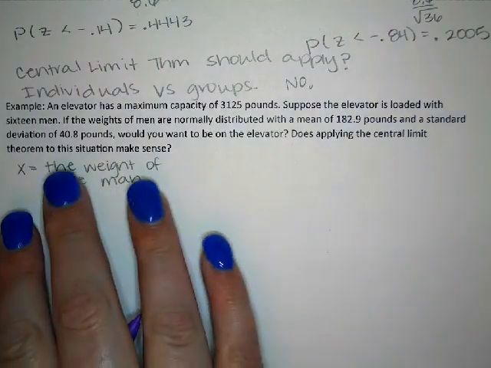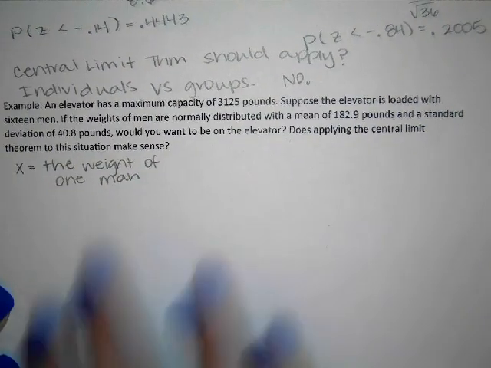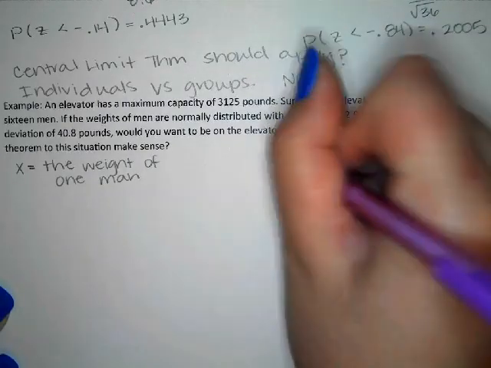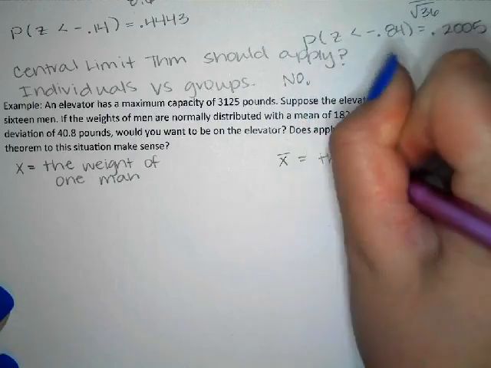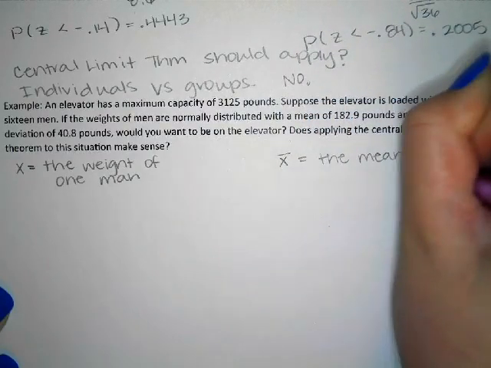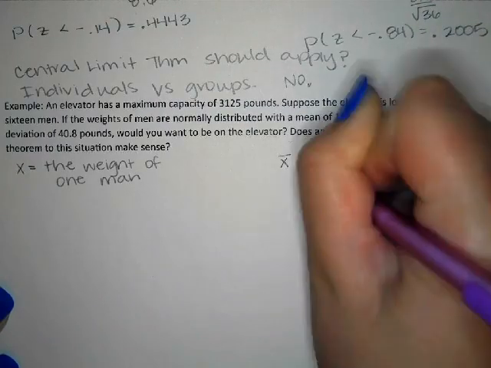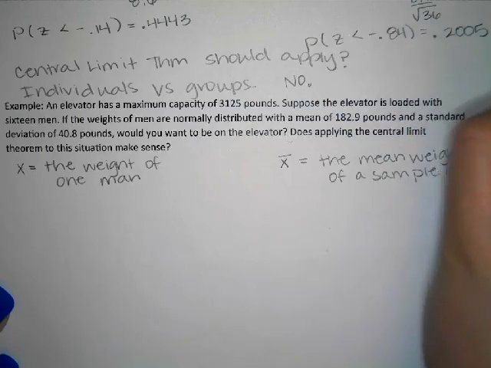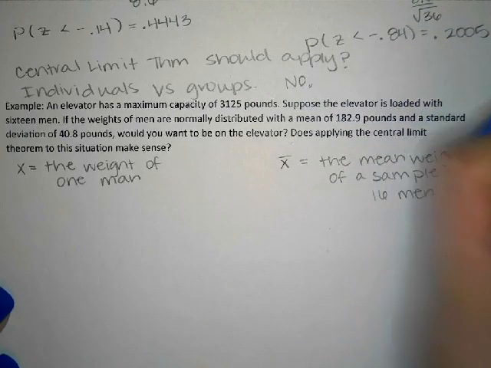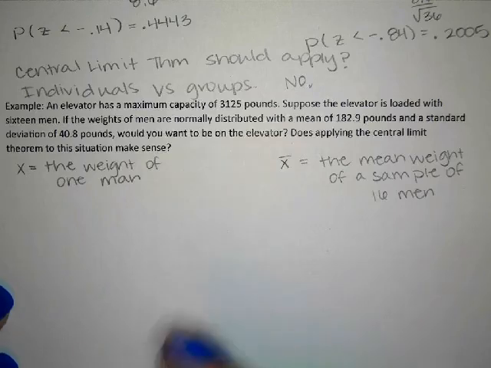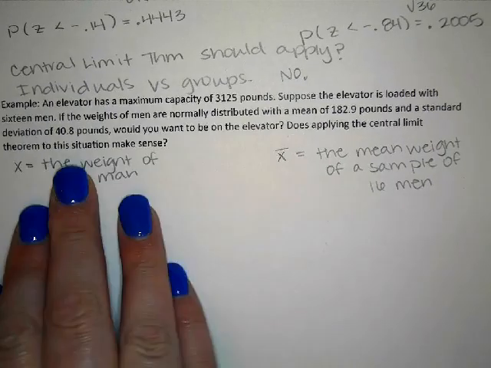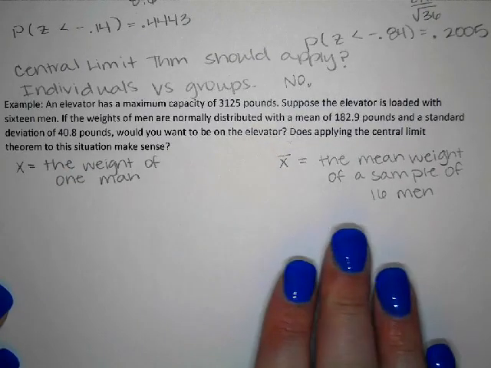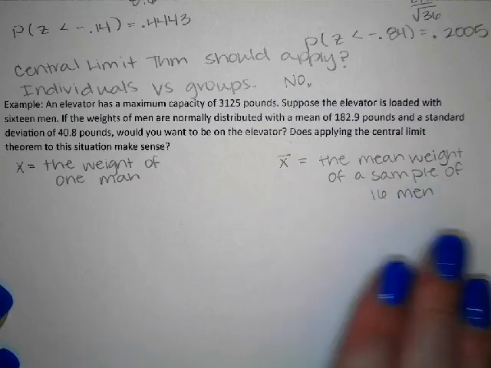Over here we have x bar, the mean weight of a sample of 16 men. So if it makes the most sense to look at the weight of an individual man, then we're going to use the methods we learned in section 6.2. If for the elevator it makes more sense to look at the average weight, or the mean weight, of 16 men, then we're going to use the central limit theorem. So when we look at this, we know